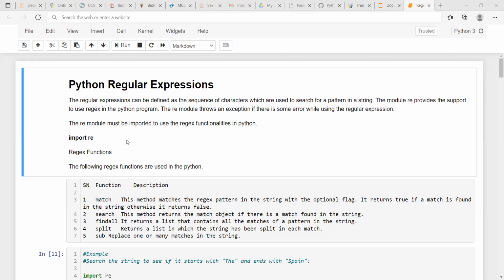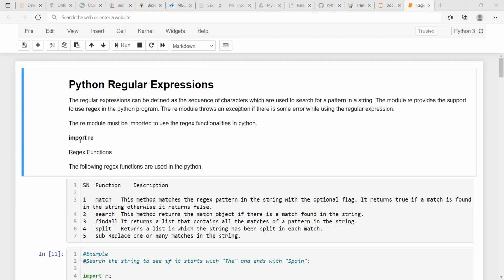We have already used other modules like the math module, and we have used the math module to extract the value of pi. Similarly, we can use the re module, and for that we need to import that module first. Every time you are going to use regular expression methods, you need to import this module first.